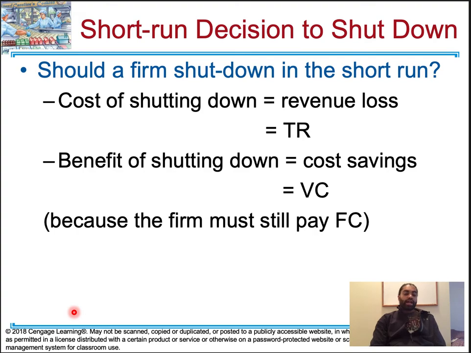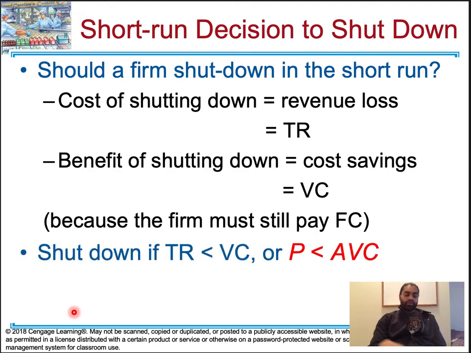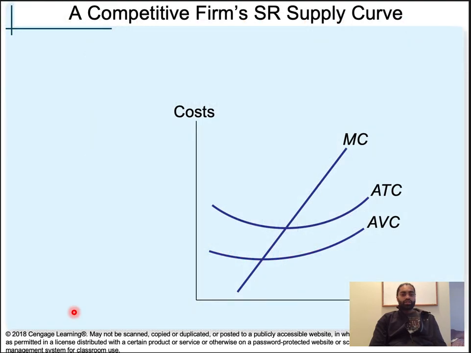Now, the firm still has to pay your fixed cost no matter what. So you're going to shut down if your total revenue is less than your variable cost. So another way to see it is your price is less than your average variable cost. You're going to leave this market, or you're going to shut down temporarily. Again, there's different ways to look at it. For now, we're going to say we're going to shut down if our total revenue is less than our variable cost. So graphically,